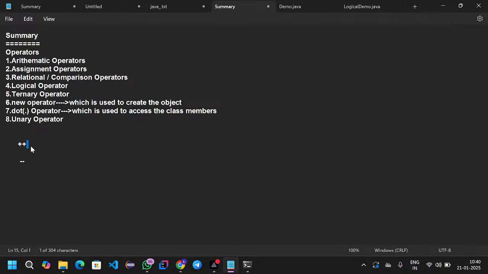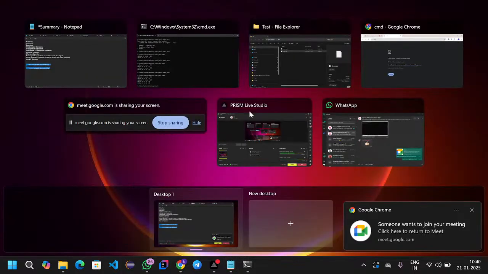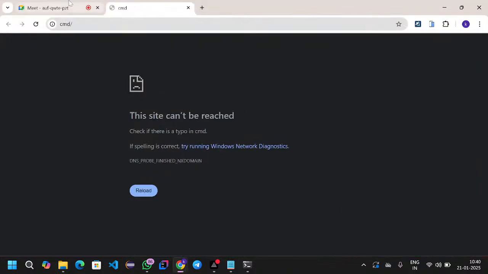So the purpose of this one is variable increment by 1. And the purpose of this one is variable decrement by 1. Variable increment by 1 and variable decrement by 1. Okay, fine, very good. Now next we can go ahead with